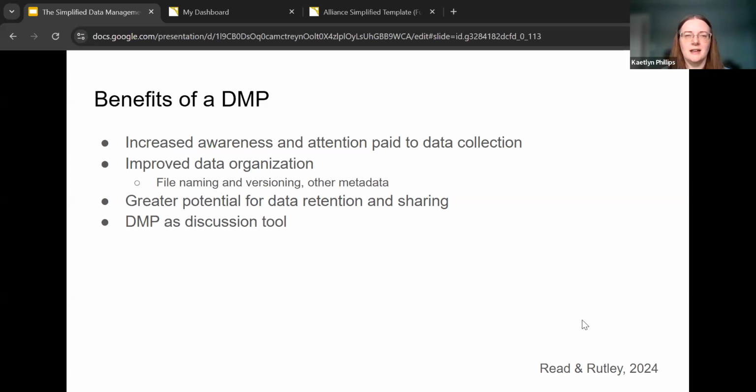Do I have to consider how I can use my data to further my career on? So a data management plan can really help you think about those things for a research project. I also really promote the data management plan as a discussion tool, and this is going to depend on the type of research you're doing. But in particular, if you're working with Indigenous peoples, communities, if you're collecting Indigenous data, a data management plan can